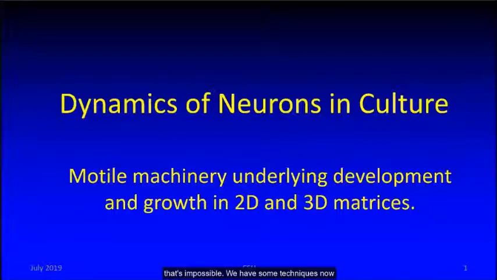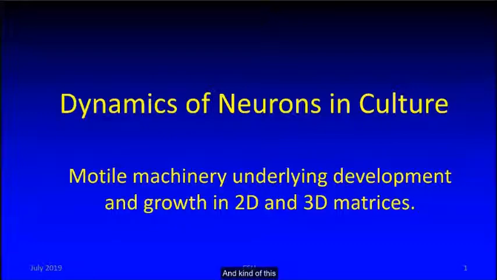You know, we have some techniques now. You can cut a little hole in the skull of the mouse. You can look at neurons right at the very top of the cortex, but that's about it. So if you want to understand anything more in detail about the function and structure of the nervous system of vertebrates, you have to take that nervous tissue out of the animal. Right? And that leads us to various forms of culture technologies. I mentioned a few, show you some of the data, how you can acquire data,